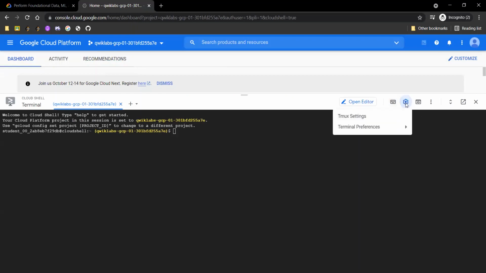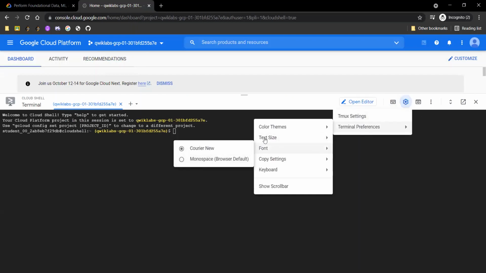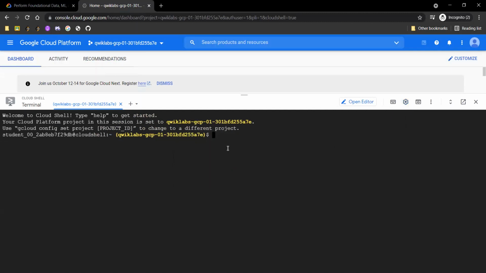Let me increase the font size for you guys. The first command we will run is gcloud auth list to list all the active accounts.